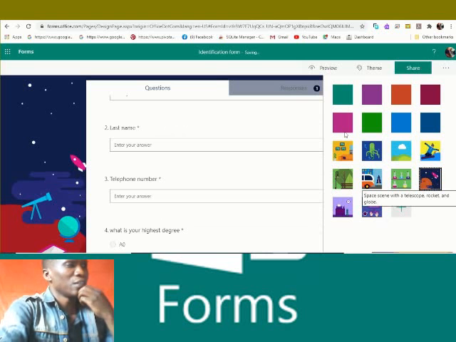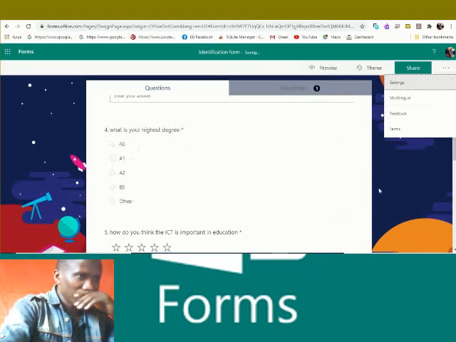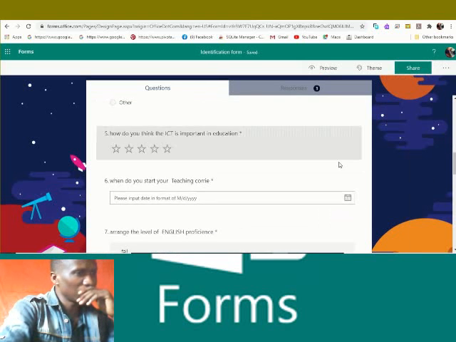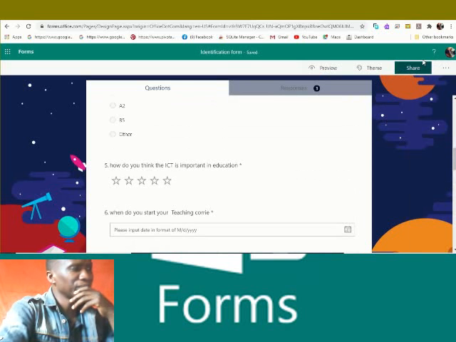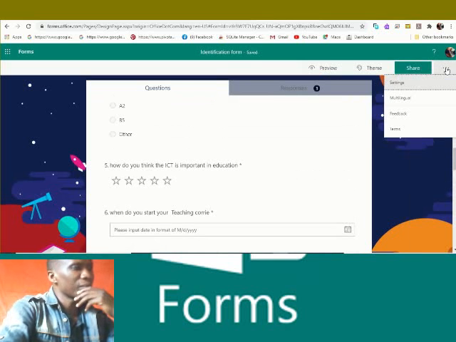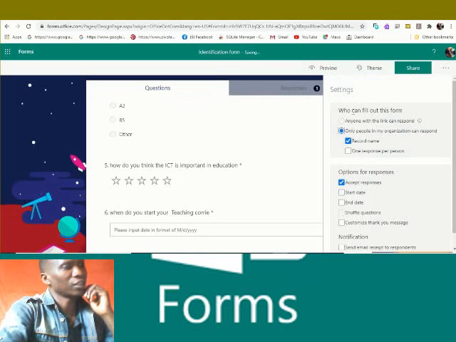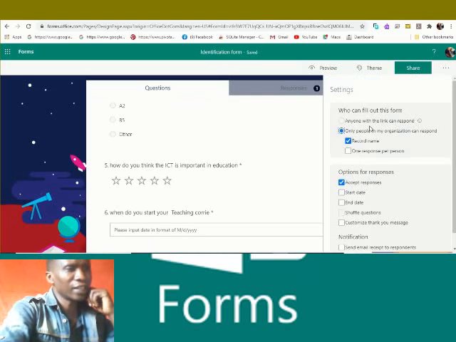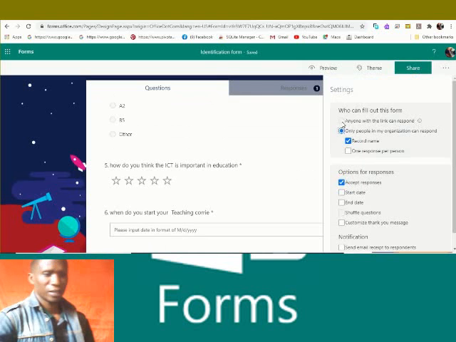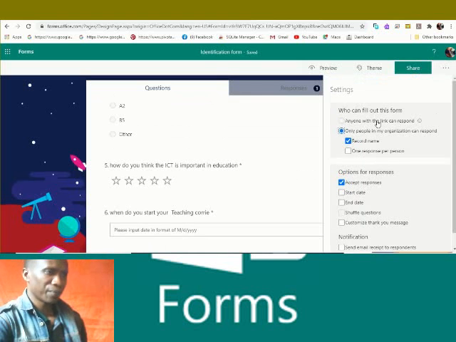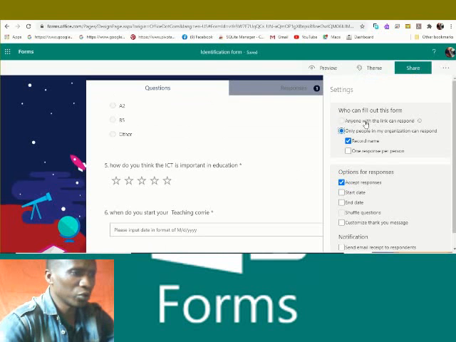Now, after choosing, let me choose this one. You see how it will look. It appears in a different mode. Let us talk about settings. After choosing how it will look in Teams, we can give settings to our form. How to set? If you click on settings, you will be able to choose